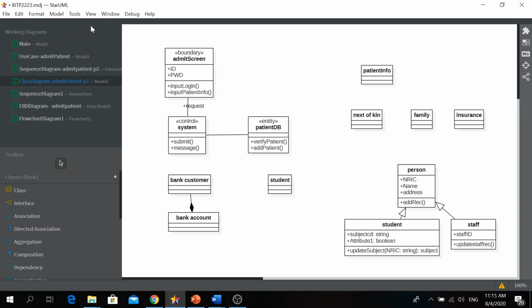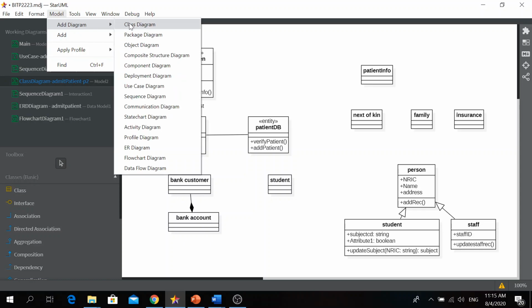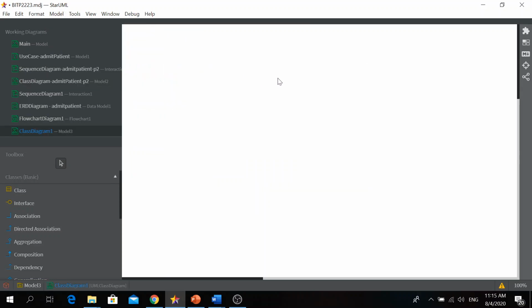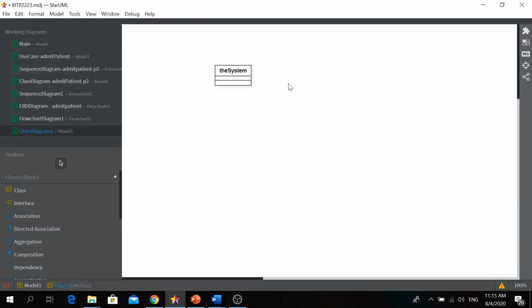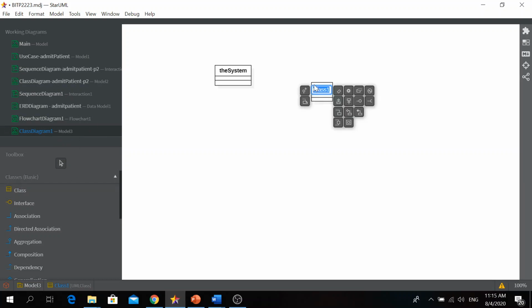Oh, I can show you one example. Let's say you discover a system. This object is discovered from your use case specification, and then let's say you discover one boundary, at the screen level.